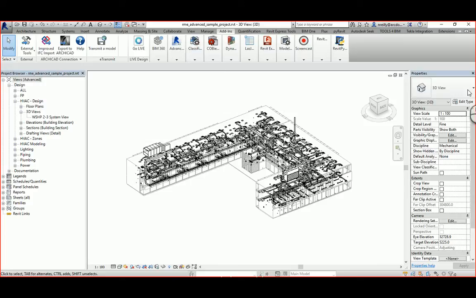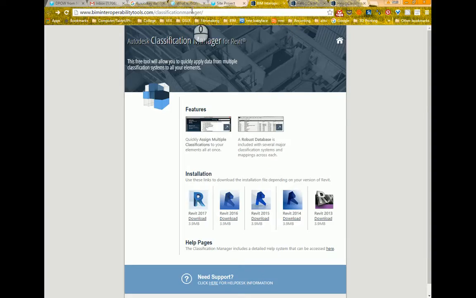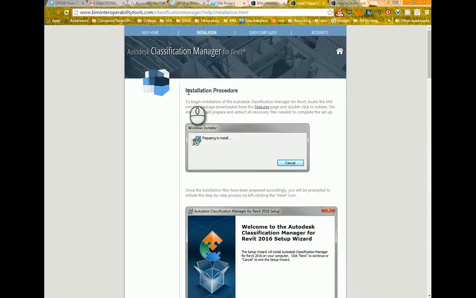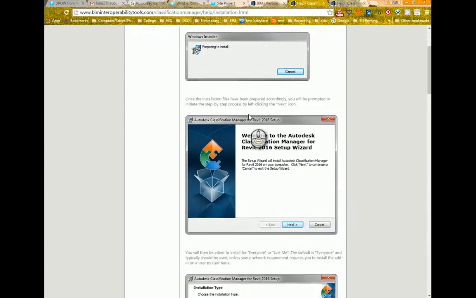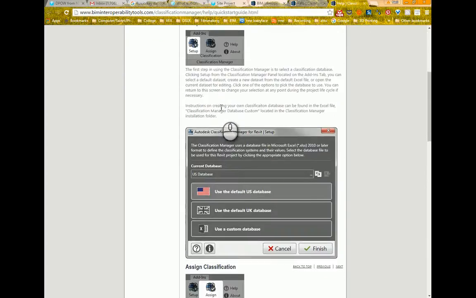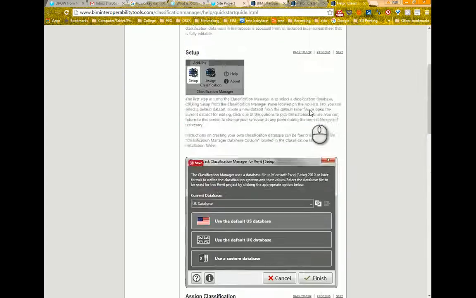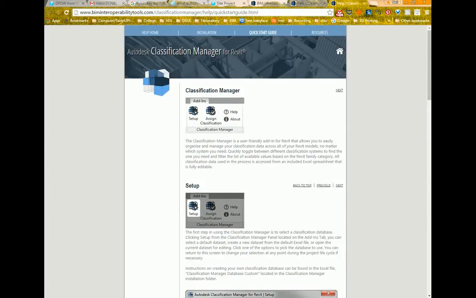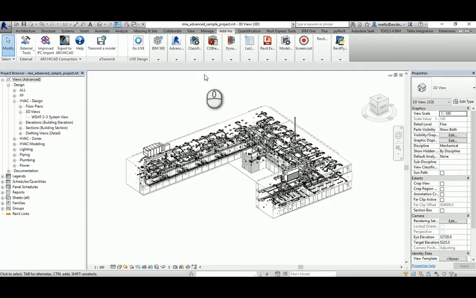And if you don't have it installed, you have to go to BIM interoperability tools, and you'll find classification manager there. Now there's individual installs for 2013 up to Revit 2017, so make sure it's the correct one. And we also have some links on the document to these pages here, the installation process, and also an overview on how to use it. Now I'm going to go over some of this anyway in this video, so let's jump back over to Revit,